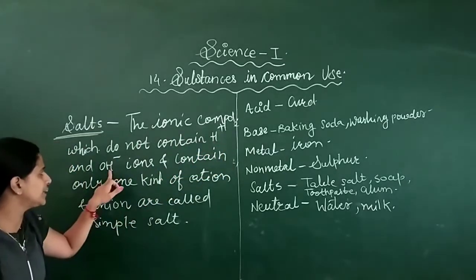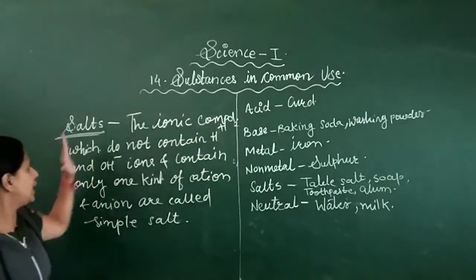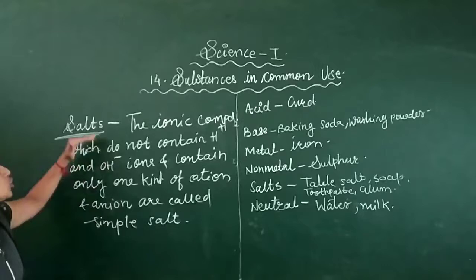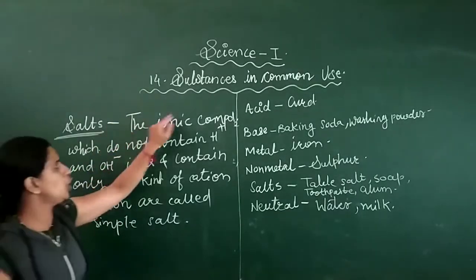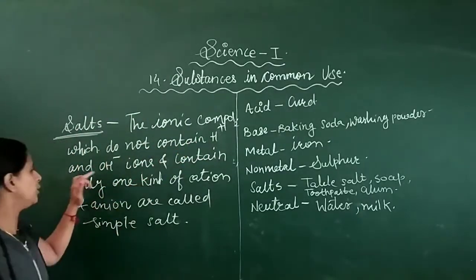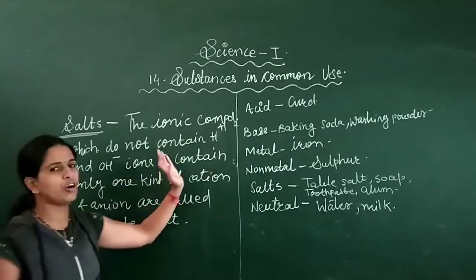Acidic, and OH minus ion is what? Basic. Means they are not acidic and not basic. Getting it now? Therefore your salt is neutral in nature. Okay. So obviously the ionic compound which does not contain H plus and OH minus ion and it contains only one kind of cation and